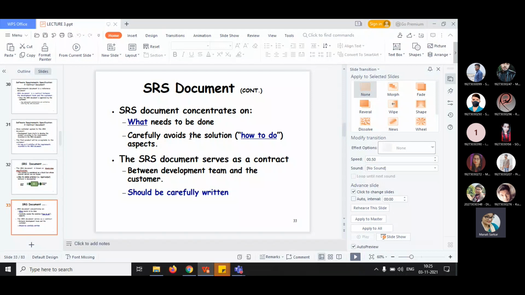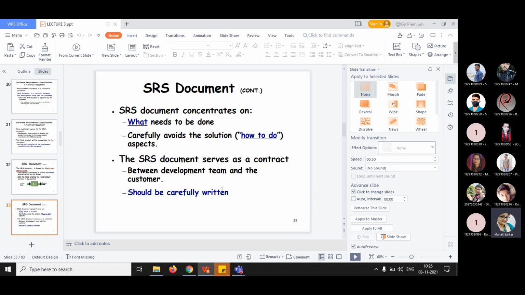So the SRS document concentrates on what needs to be done. It is about knowing what functionalities actually need to be done. It carefully avoids the solution aspects, that is how to do it, and the SRS document serves as a contract between the development team and the customer.